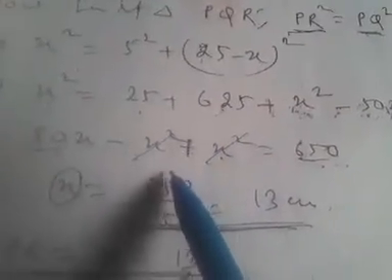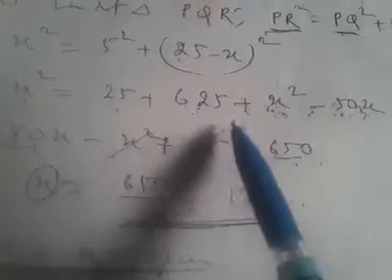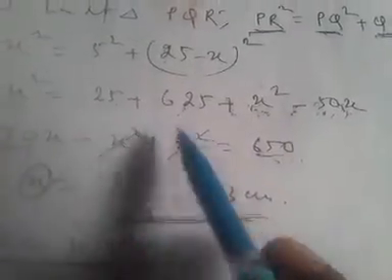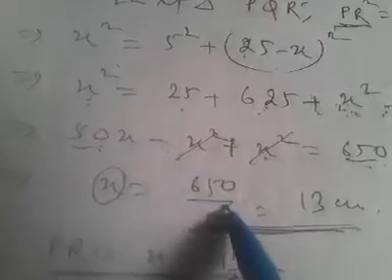And then we will solve it. After solving, we get it. This x square and this x square is cancelled out. When we take variable on one side and constant kept on one side, this 625 and 25 added becomes 650. And this x square and x square cancelled out. One is positive and other is negative. So what is left? 50x is equal to 650.